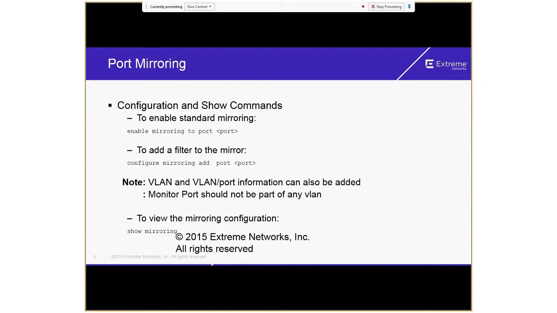I just put a note down here: the monitor port should not be part of any VLAN, as I mentioned previously. And to view the mirroring configuration, the command you would use is show mirroring.